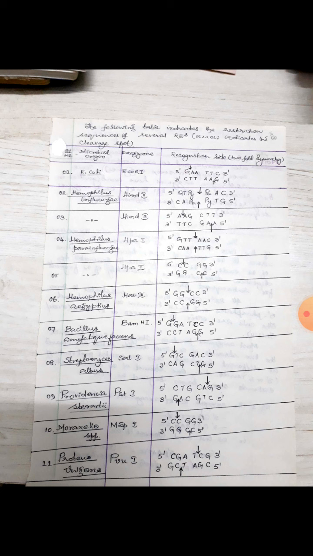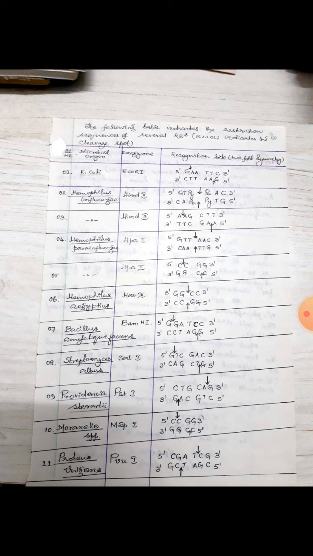Okay? And now you just look at the arrow marks. They are not to the sides. They are exactly in the center and at the same point. Right? They produce blunt ends after restriction digestion. I'll let you know a little later how important it is to know how exactly each restriction endonuclease brings about cuts